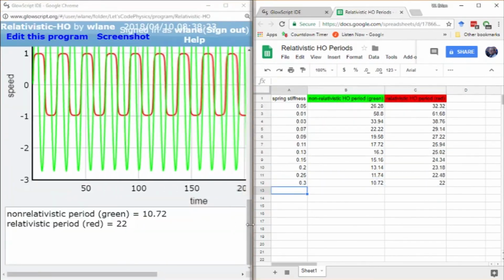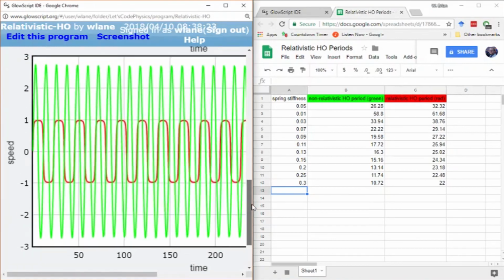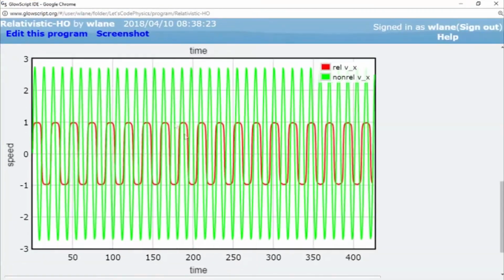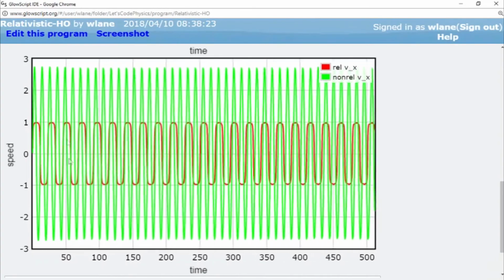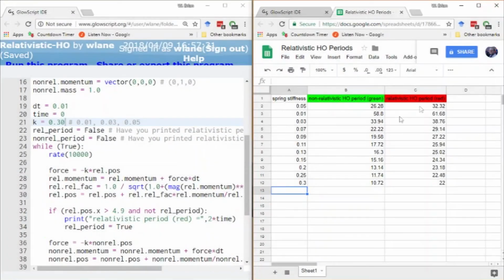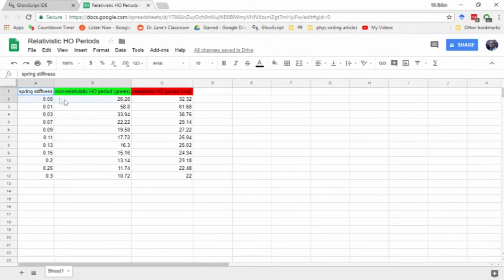So here on this last one, you can definitely tell the difference between the green one that's a sine curve and the red one that's almost like a box wave or a square wave at this point. I think I've got enough data to graph this now, so let's grab all of these data lines here,